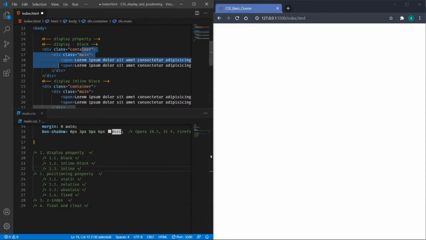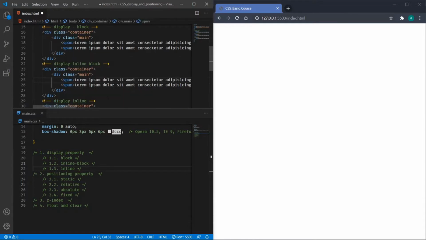So here there would be some requirement where we want this inline level element to be displayed as a block level, like on a new line. How can we do it? We can do it using the display block property. Similarly, for the inline one, I will be using the block level element.